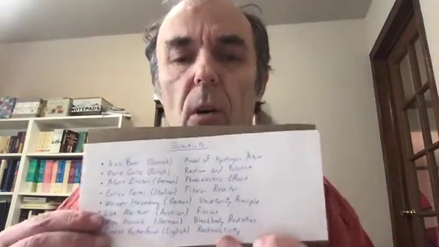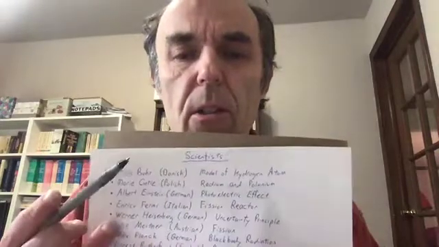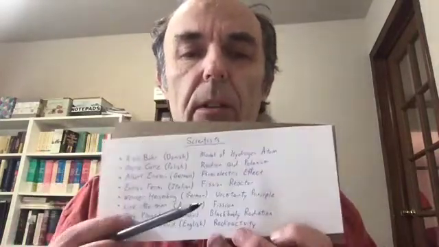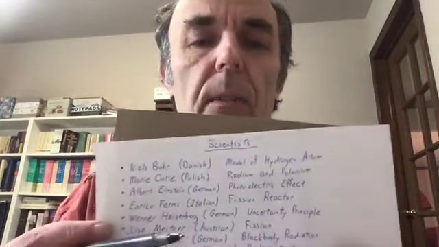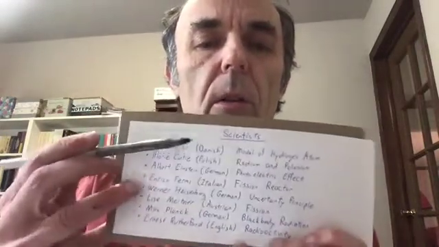But I don't want to overwhelm you with history. So what we're going to do is we're going to limit the scientists that you need to know to these 8. Now, realize I could ask a question on the final exam about the history of modern physics, but it would be restricted to these 8 scientists. Let's go through them in alphabetical order.